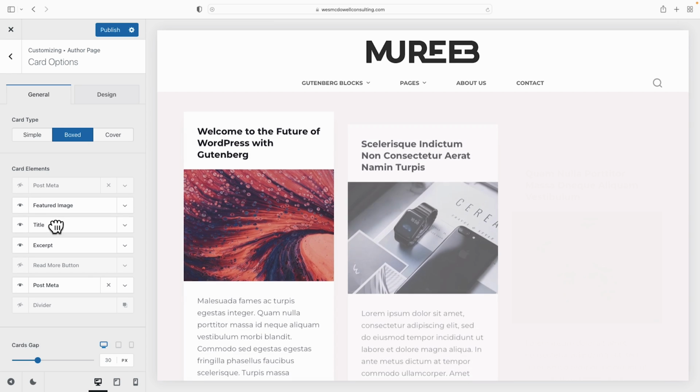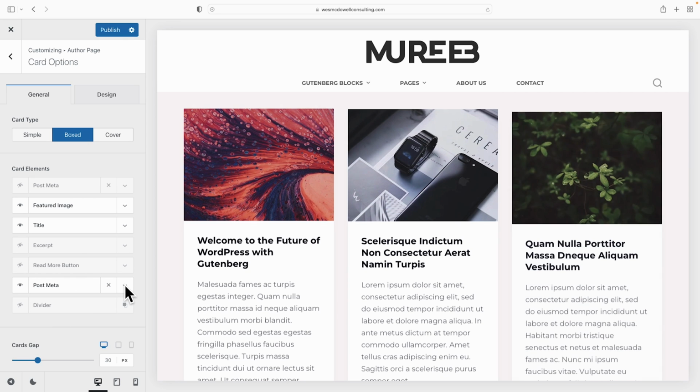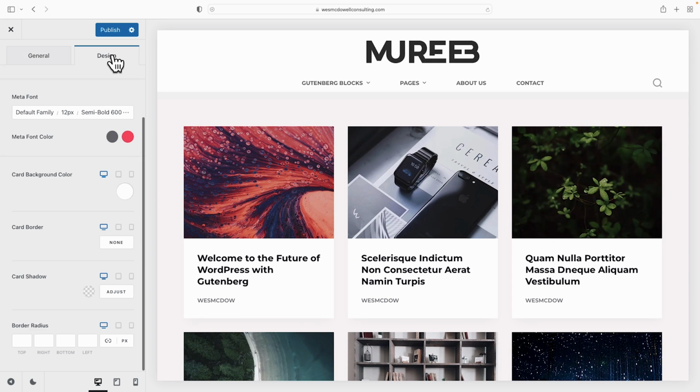I'm going to drag the title under the featured image. I'm going to hide the excerpt. And under post meta, I'm going to get rid of publish date. So it should all be looking familiar now. And then I'm going to go back up to design. And again, if you changed any of these values before, you'd want to repeat those. I'm just going to change the border radius back to 8 for consistency, and then click on publish to